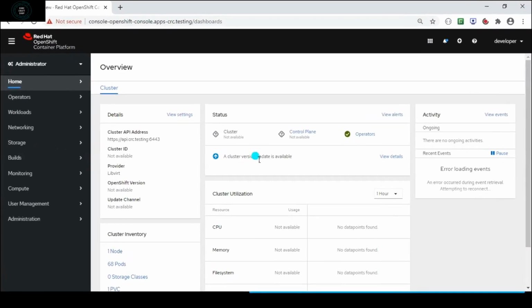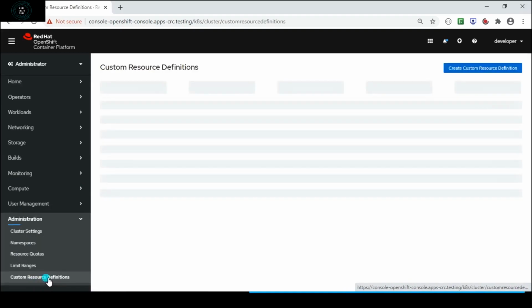So let us begin the demo. I have navigated to the web console. I am logging in with my admin credentials. Then in the Administrator section, I will go to the Administration link, and then there is Custom Resource Definitions. I will click on this. Inside that, I will find an option ConsoleCLIDownload.